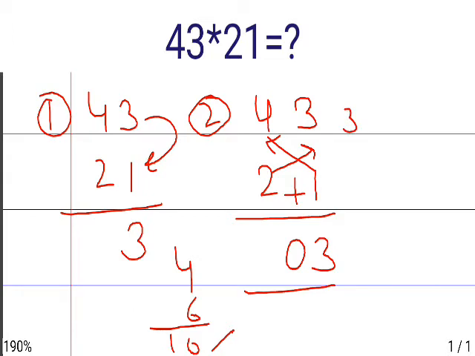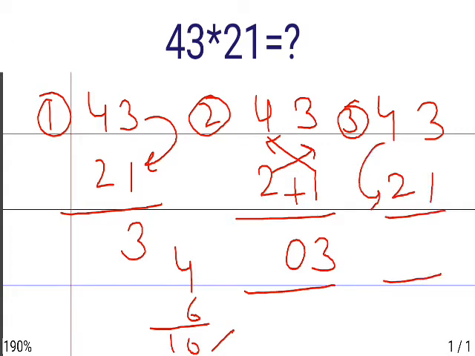In the third step, you just multiply the tens digit with the tens digit of each number. 4 twos are 8 and 1 was carried from the previous step, so the answer will be 903. This will be your answer, and it will be done in 2 or 3 seconds.